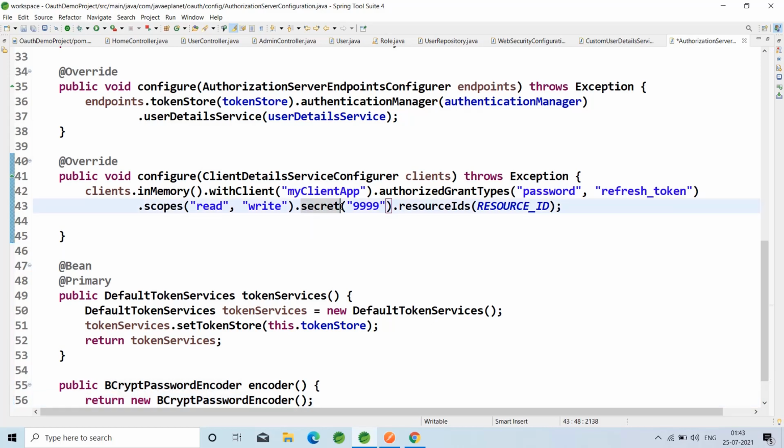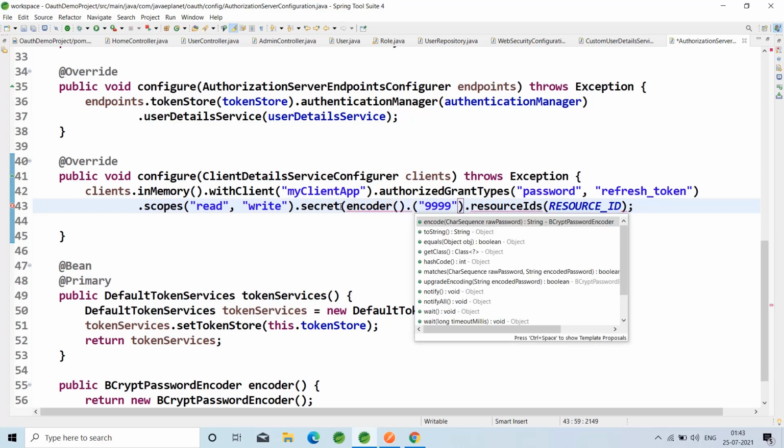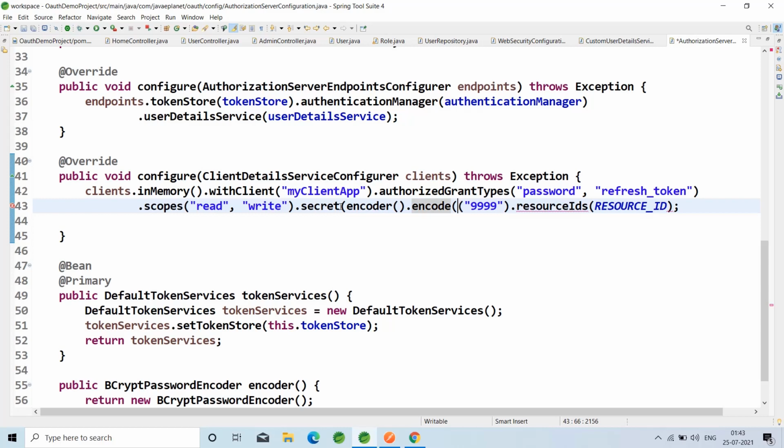Let me encode this, encoder.encode. Control C.